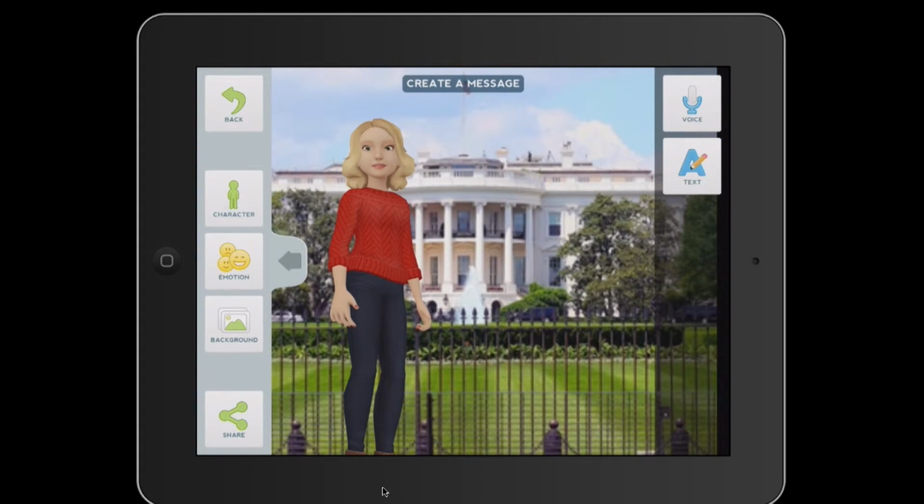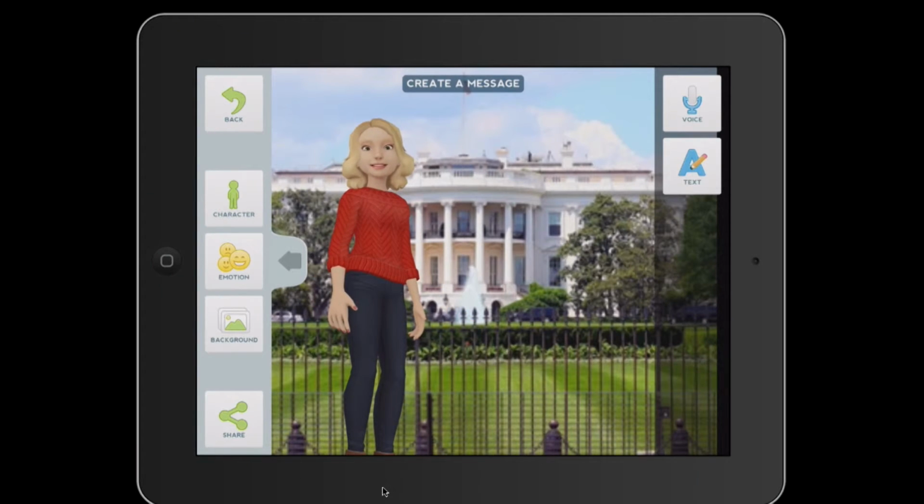Yeah, and the thing that I kind of like about it is you only have 30 seconds. And with it only being 30 seconds, you really have to think about what you're going to say and have a concise kind of message. So it really makes the students kind of put their thoughts together of exactly what they want to say. And give just the important facts versus rambling for a long time.